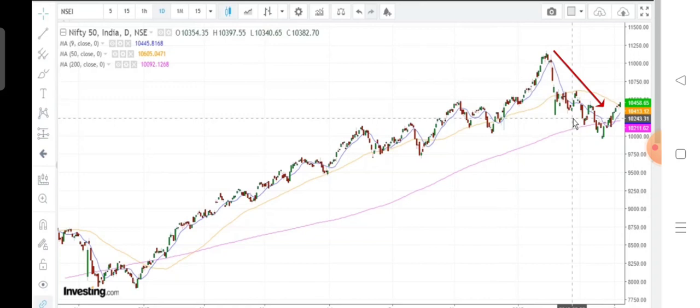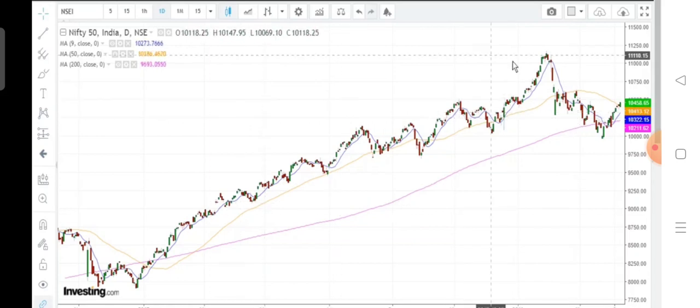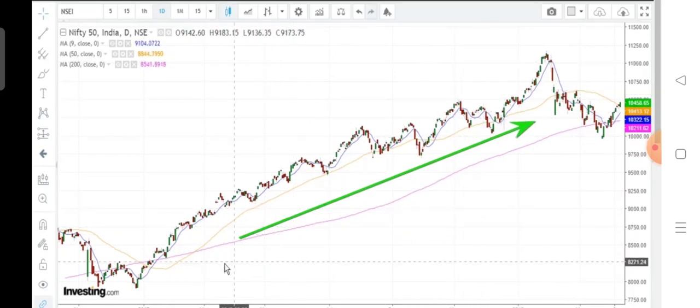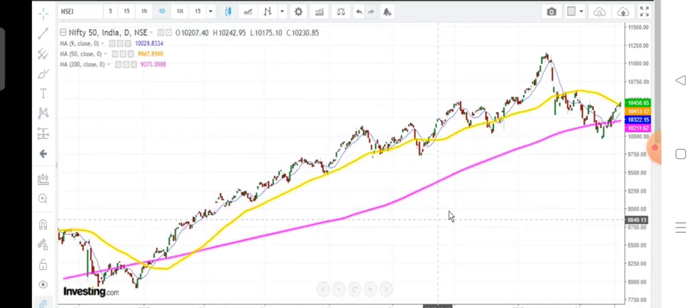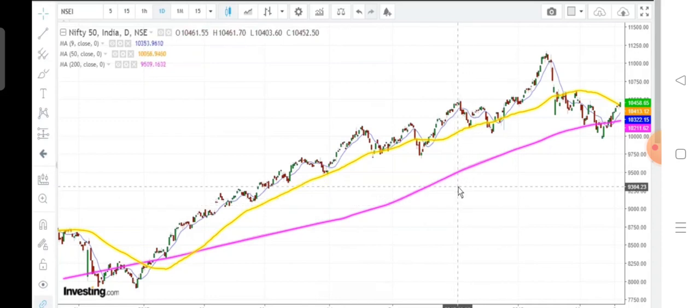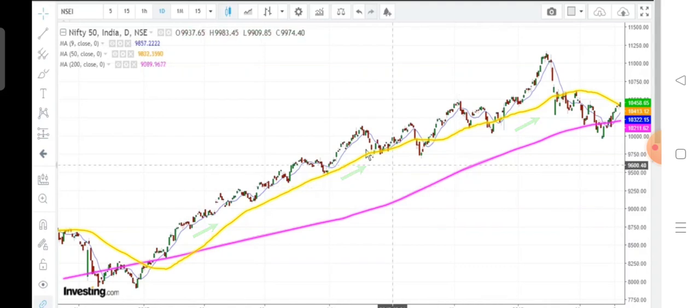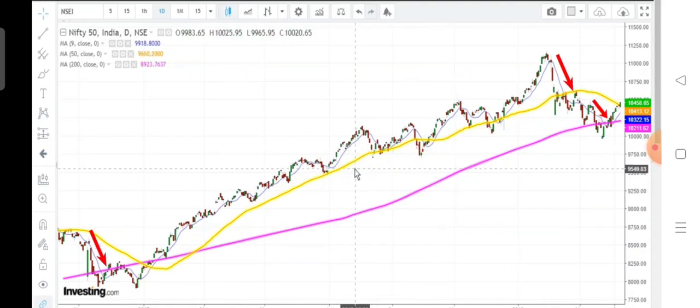So once a steep moving average is taken out in the opposite direction, the scope of making profit by trading in the opposite direction is also quite high. Now, looking at this move, this is a very good up move, and we can see that the medium term and longer term moving averages are trending in the upward direction. From the slope we can understand that we are already in an uptrend, and vice versa. If it is in a downtrend, we would understand that we are already in a downtrend.